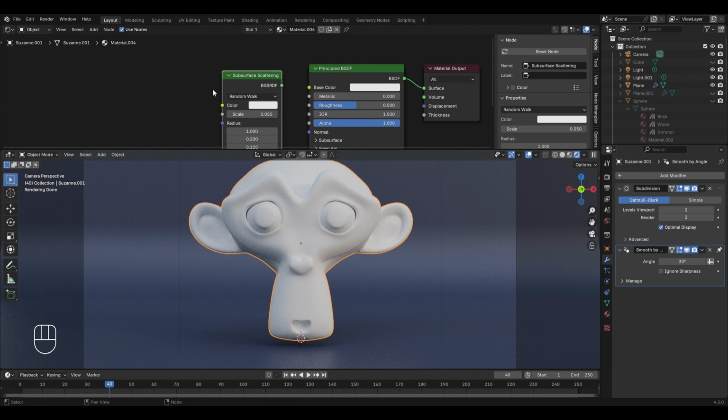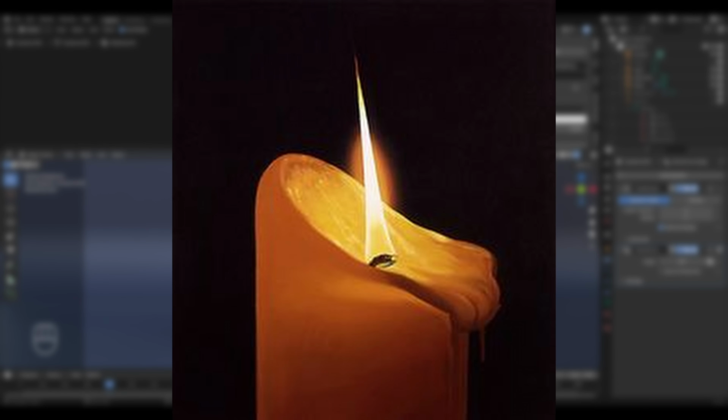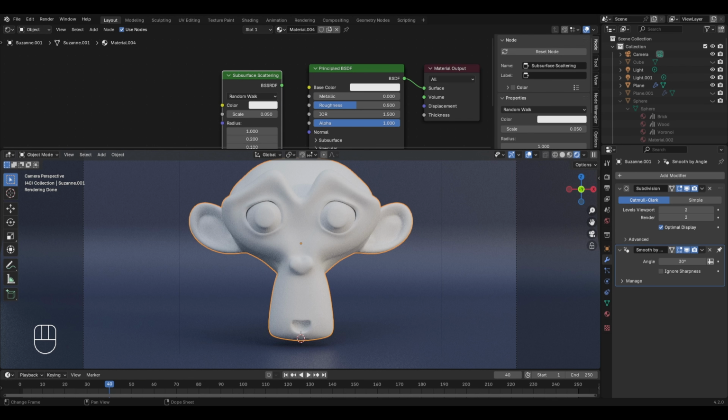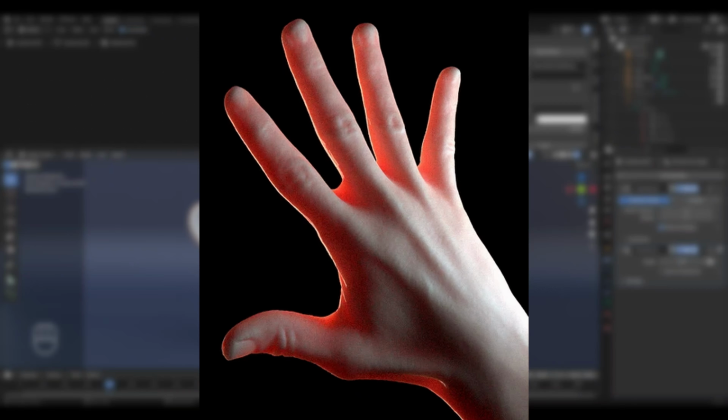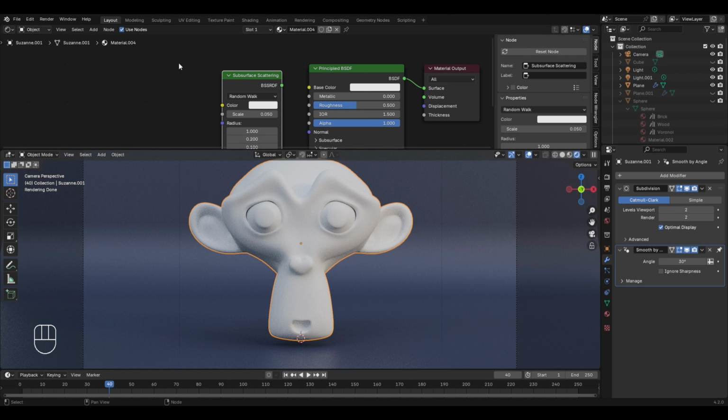Now before using this node in Blender, I should first explain the meaning of subsurface scattering. Subsurface scattering is a mechanism in which light penetrates through the surface of a translucent object, and then the light is scattered by interacting with the material and exits the surface potentially at different points. This effect is seen in things like wax and skin. You must have noticed that when you place your hand in sunlight or very close to a particular source of light, it looks something like this, with some of the red color of the light being allowed to pass through the skin because of the subsurface scattering effect. The same effect can be achieved in Blender by using this node, which is the subsurface scattering node.